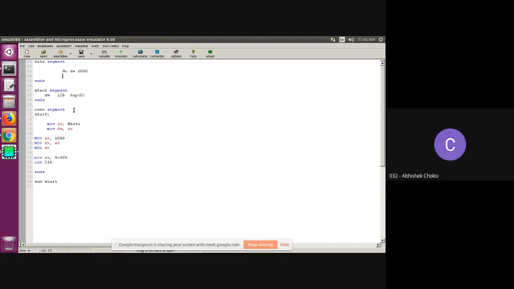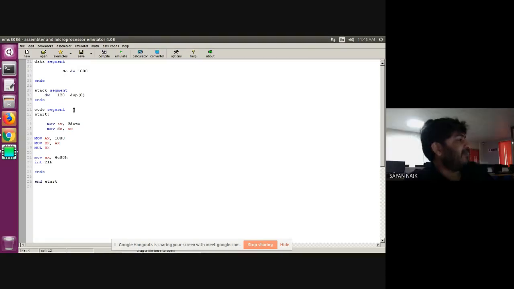I am doing the same program, but now in a different way. I am using some variables. Now my answer will be stored in answer. The type of my answer variable will be DW. And my answer will be of 32 bits, so I don't require only one variable, I require two spaces. So 2 times DUP 0. This is our normal syntax.